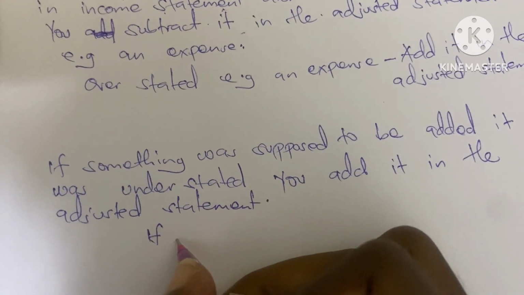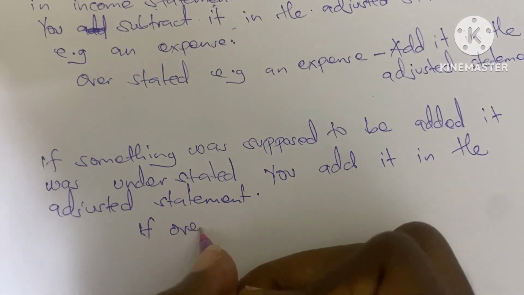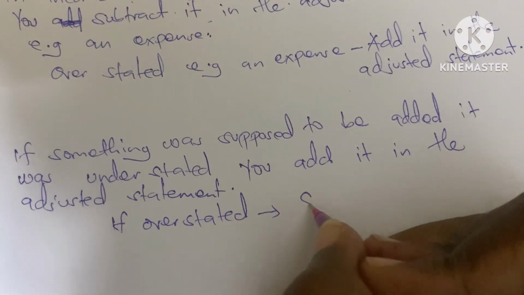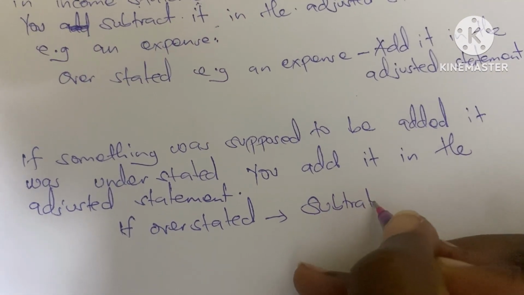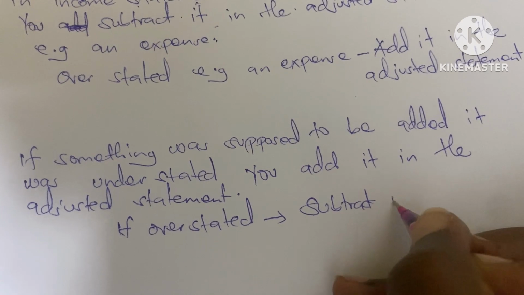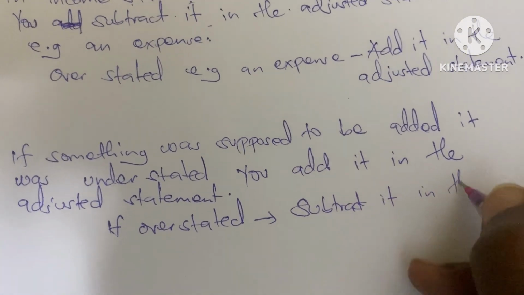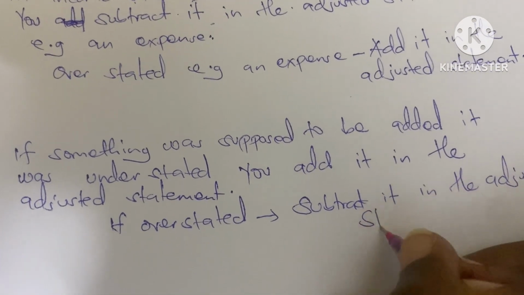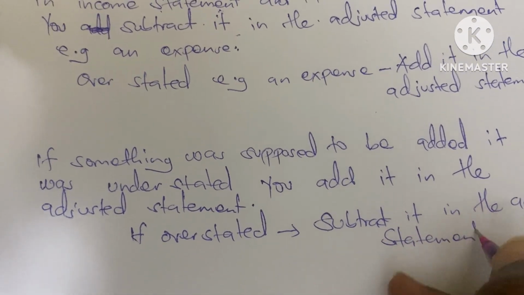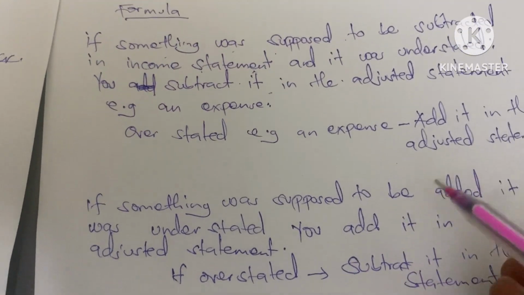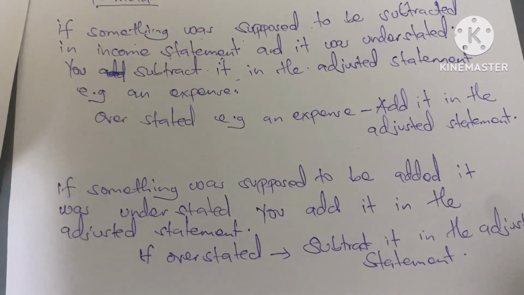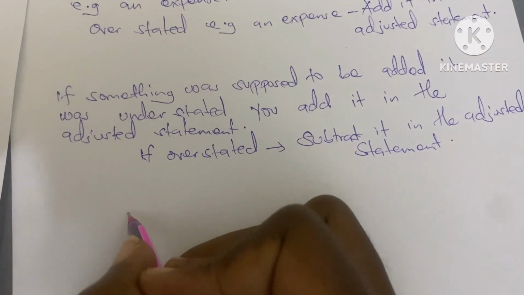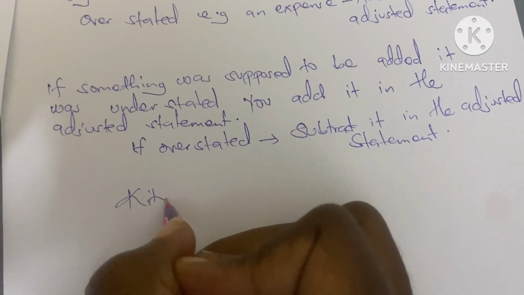Then if overstated, subtract it in the adjusted statement. If you understand what I wrote here, preparing the adjusted statement will be so easy. So let's prepare the adjusted statement for Chitoko